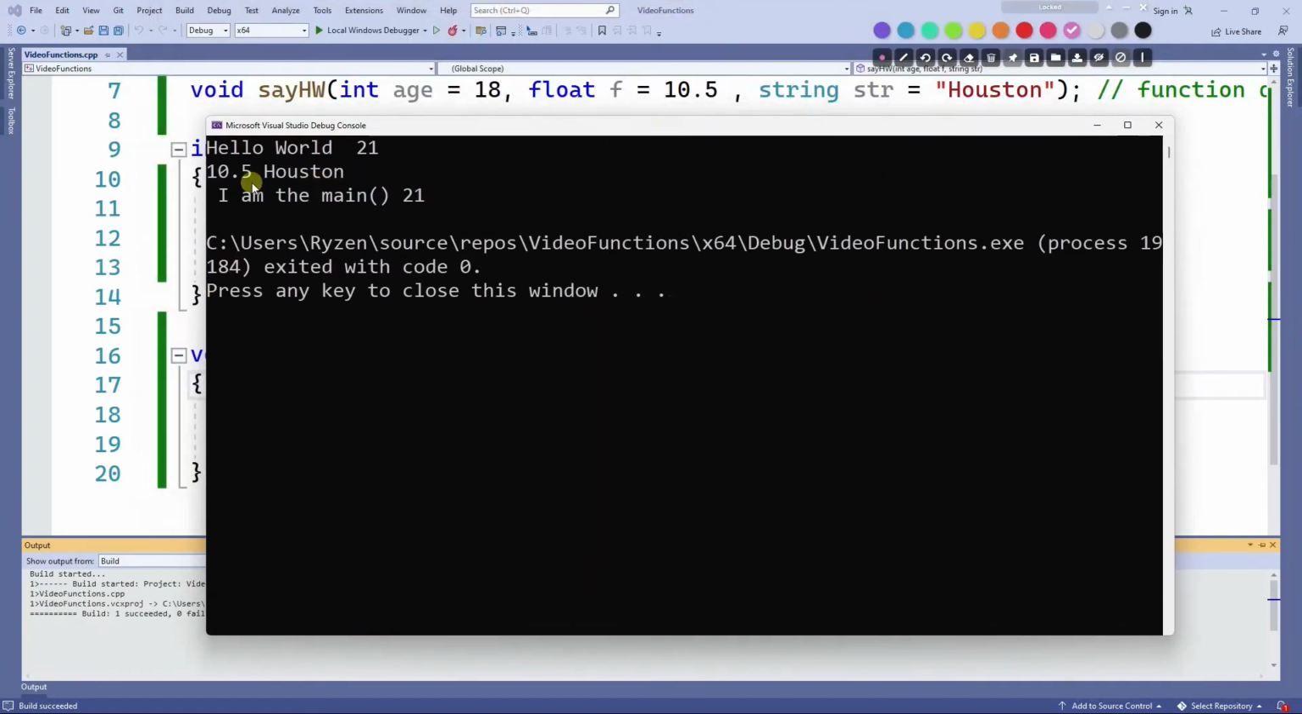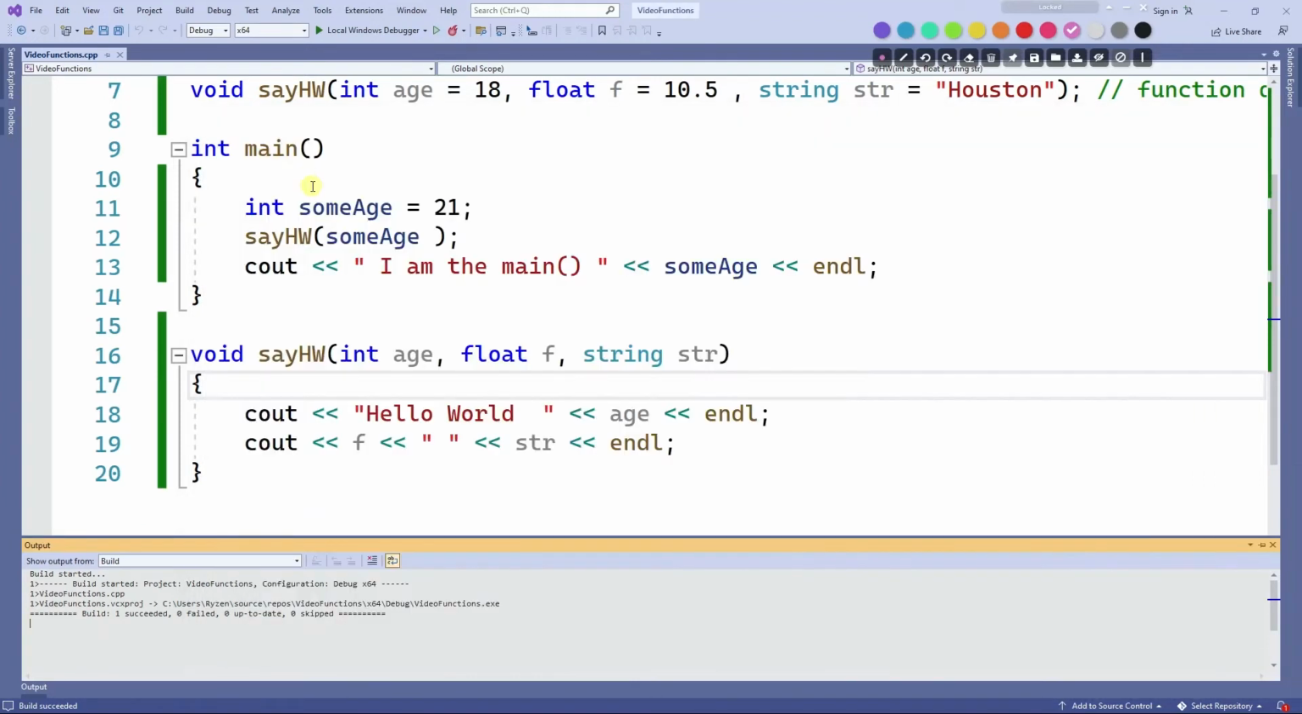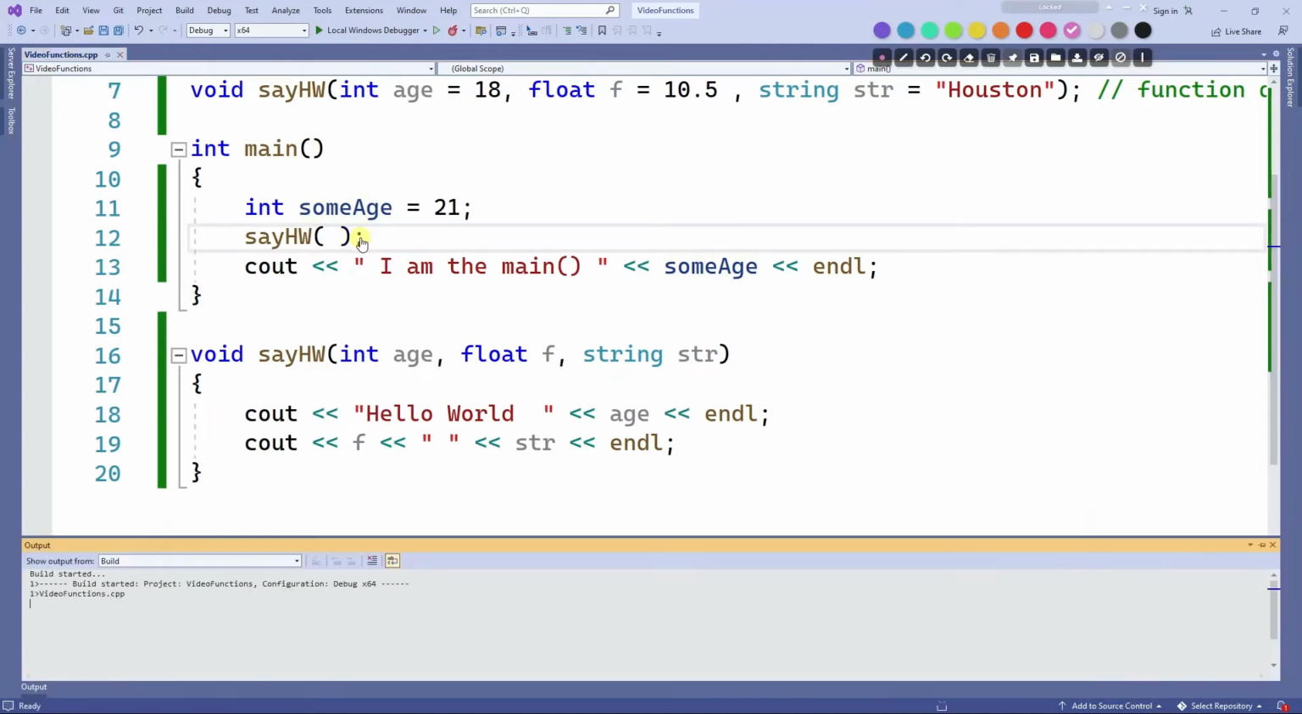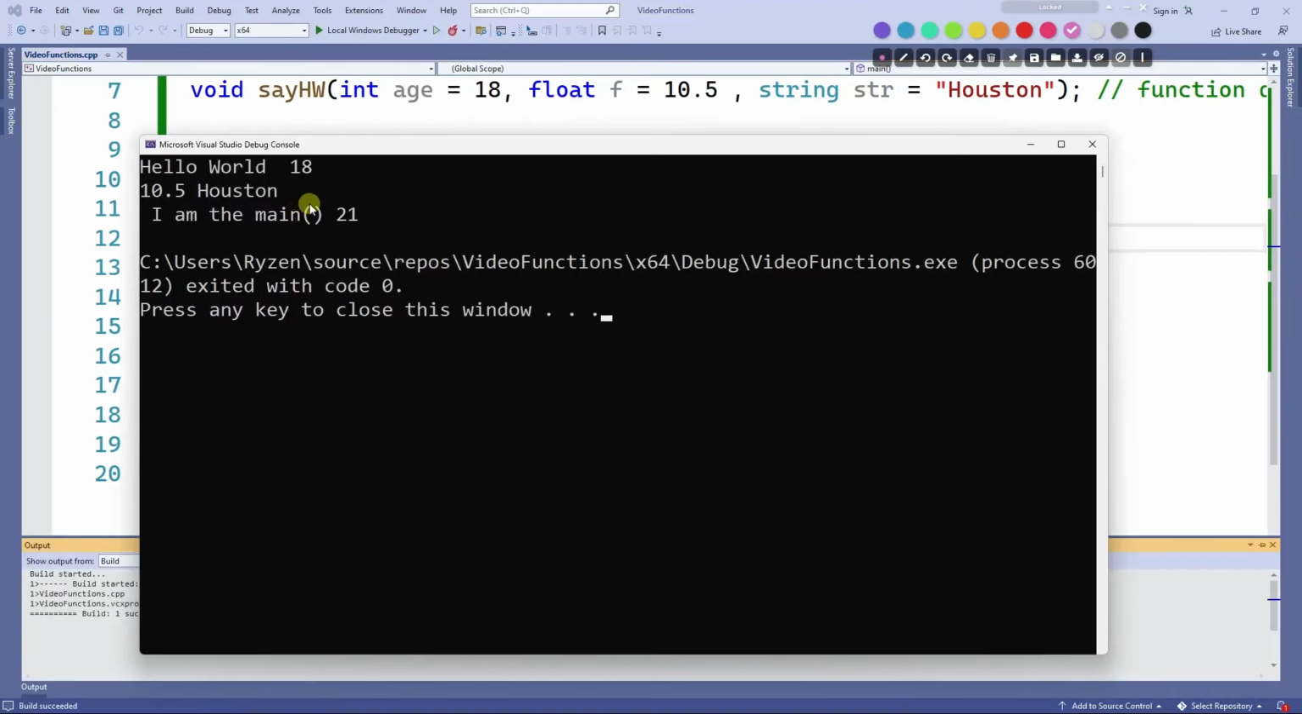Hello world prints 21, then prints 10.5 and Houston. So even though I am not passing those values, because I have the default values, it will take the default values when you don't pass the values. And because I'm passing some age here, some age will overwrite 18. But if I did not pass some age, then every single parameter would take the default value that I